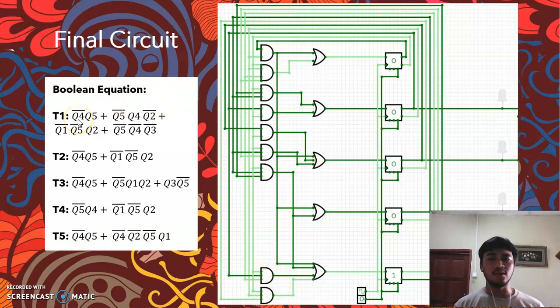And what is not Q4, Q5, and everything here is in every single flip-flop. The top right one is the Q, and the one below is the Q not. So we just match it with the Boolean equation. We will continue in the next video.